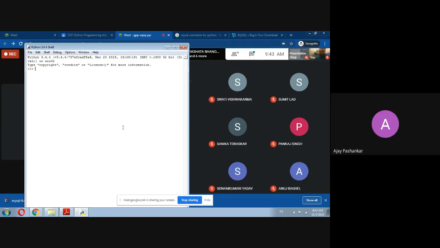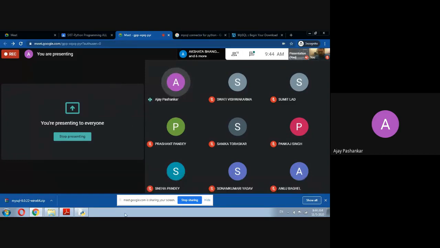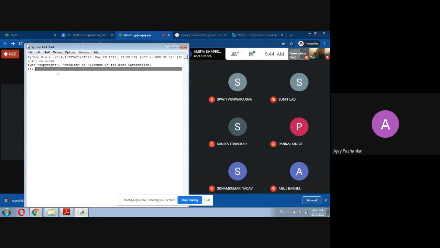So you can see my screen. I hope you are able to see that screen properly. Python 3.4 is visible. Due to a connectivity issue, I left that meeting. There is a connectivity issue here a little, my screen is properly visible. Hello. Yes, sir.